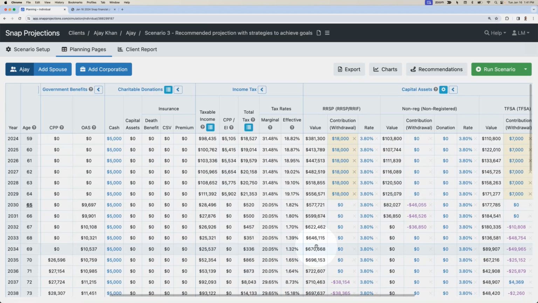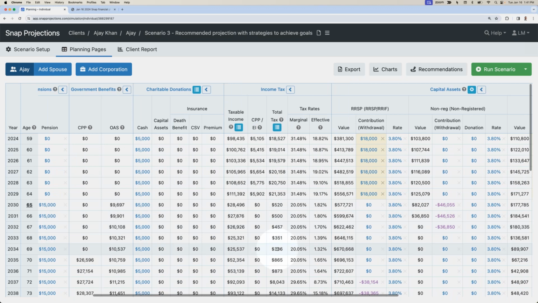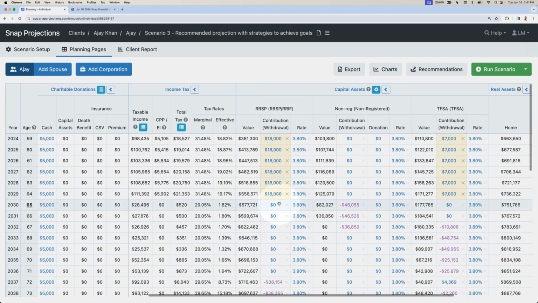The last recommendation that we might make is that during the first 5 years of retirement, if he does defer CPP, his taxable income is quite low and his total taxes payable are quite low. So we may have an opportunity to pull out some money from the RIF prior to the current conversion at age 72. And that's going to prolong his non-reg a little bit and his TFSA in the projection.